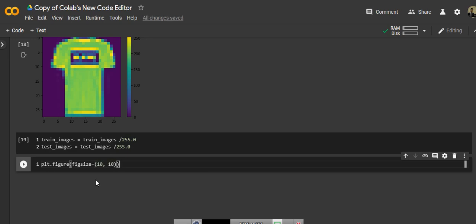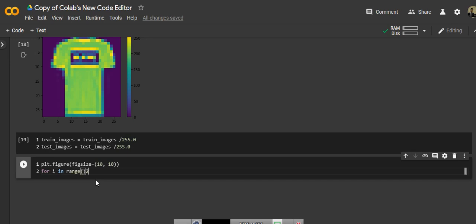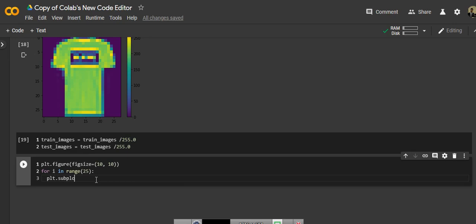Fine. And we want the first 25 images, so we'll use a loop: for i in range 25. We are going to plt.subplot